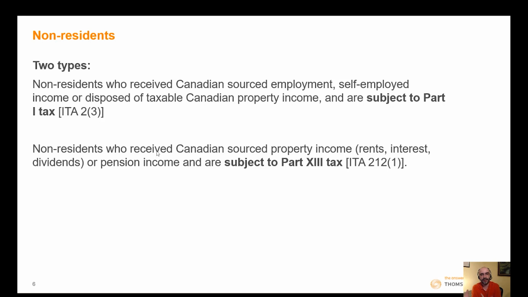that you have. Okay, there are two categories. There are two categories of non-residents. You have non-residents that are subject to Part 1 tax, just like any other resident of Canada. And then you have non-residents that are subject to Part 13 tax, which is commonly referred to as the non-resident